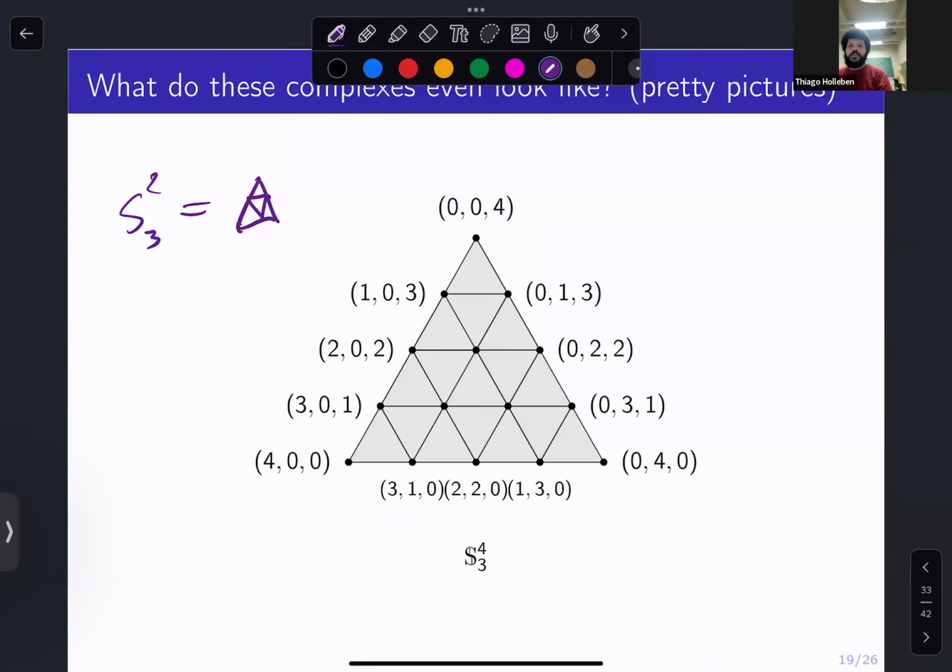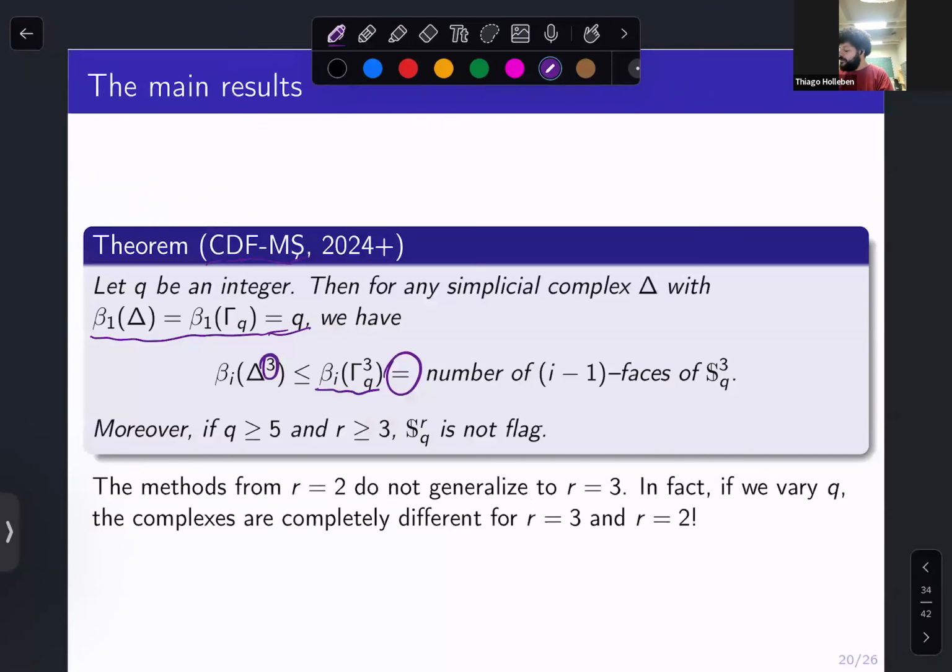Whenever you have three vertices adjacent to each other, like a triangle, the triangle is filled, right? When that happens for all dimensions, it means your complex is what people call a flag complex. And it was kind of a surprise that for any case that was not known before, the complex is not flagged. The idea is that when you increase R, especially when you increase R,